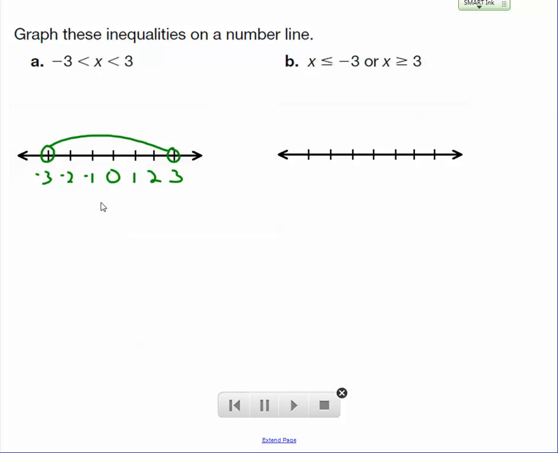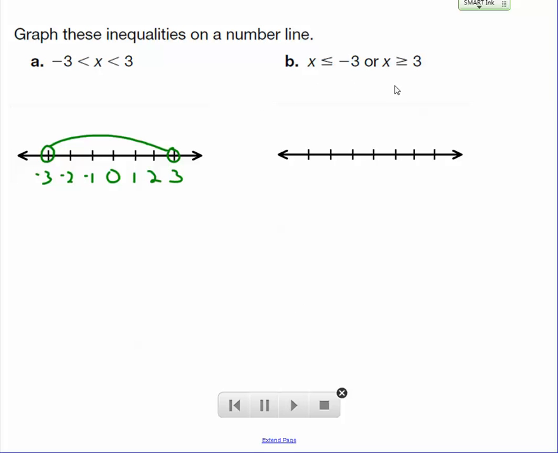we'll do open dots on -3 and 3. And then we'll just draw a line between them. There's all the values of x that would solve this inequality. So all values that are greater than -3 and less than +3 without being -3 and +3. Remember, we use open dots when there's no line under the inequality, just like here. So nothing's changed here. Now in example B, it's a little bit different because it says x is less than